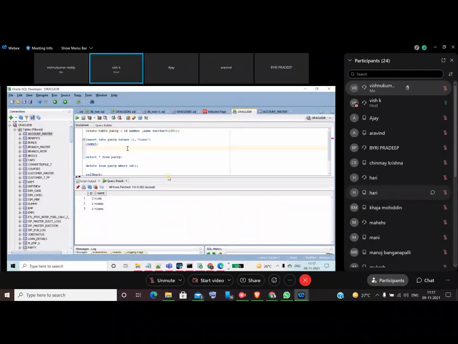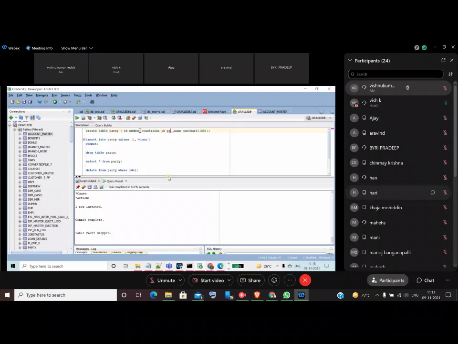Okay, so we'll try the same example. I will drop table party, which means I'm permanently dropping this table. Now I'm creating it with ID number. I'm using constraint, some constraint name, primary key, then I am applying primary key.